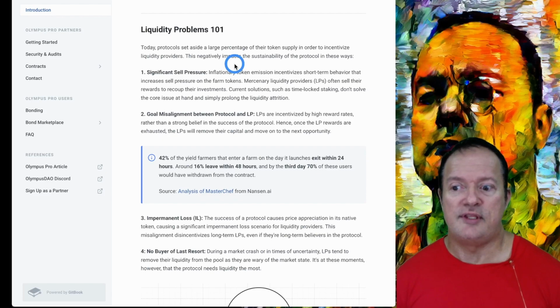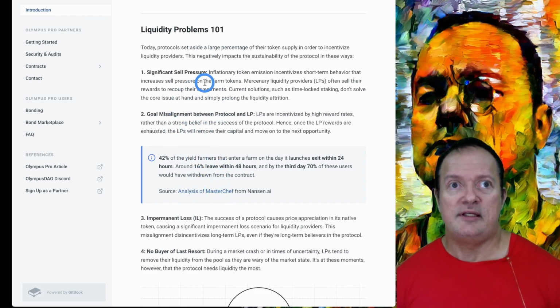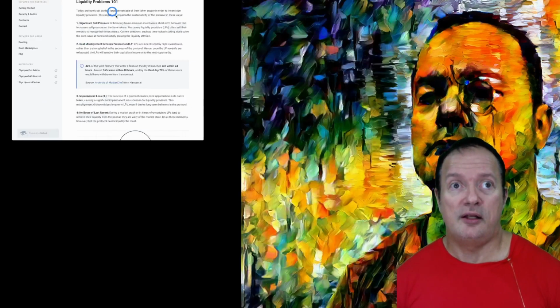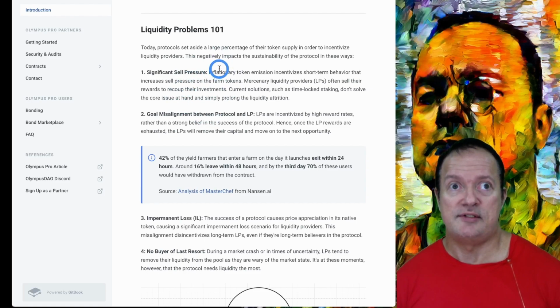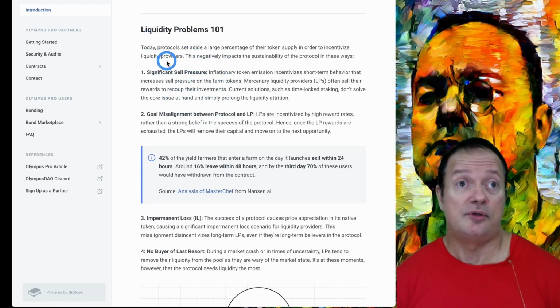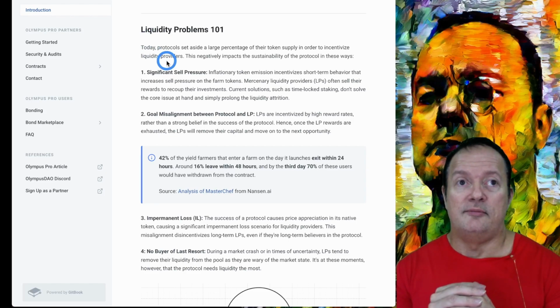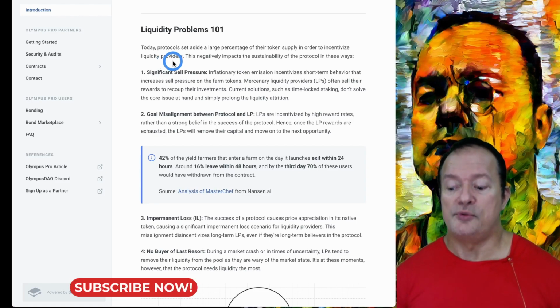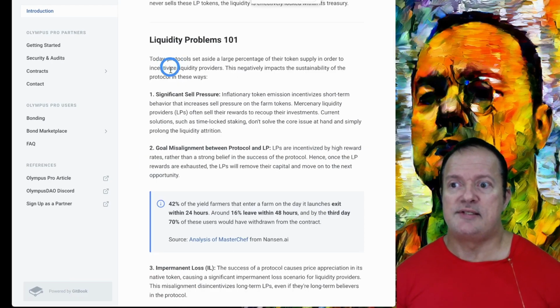I'm not going to read everything, but we need to understand what they're solving here, which is liquidity problems. There are several liquidity problems that happen on regular DeFi protocols. What I'm thinking is that if the Olympus Pro model works, a lot of protocols might be interested in using this type of service, or simply copy the model and do like Wonderland. So if we have a look at this,